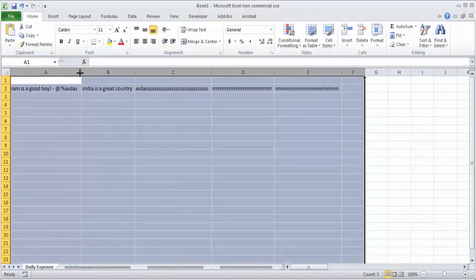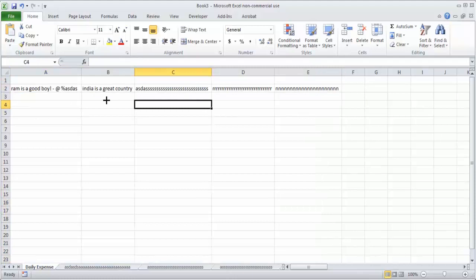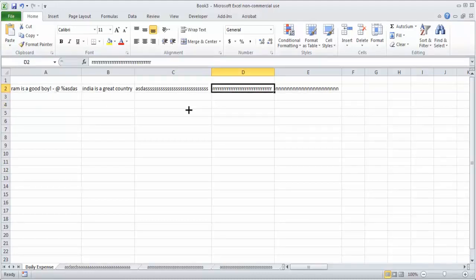When you double click, all these columns will be exactly as per their width. So it is good that you can expand as per the width. The text may be more, but the column width should correspond to that.